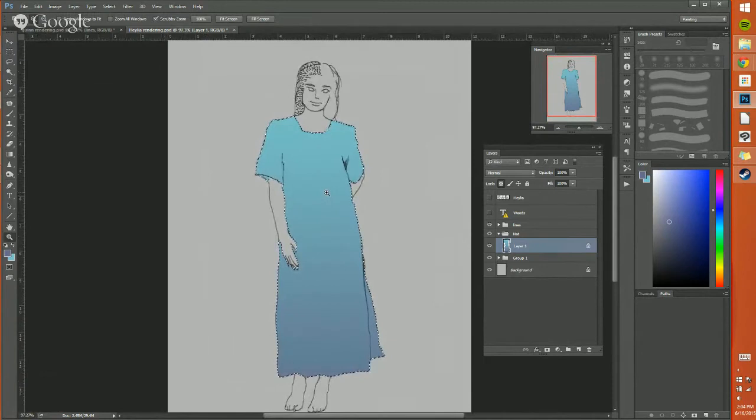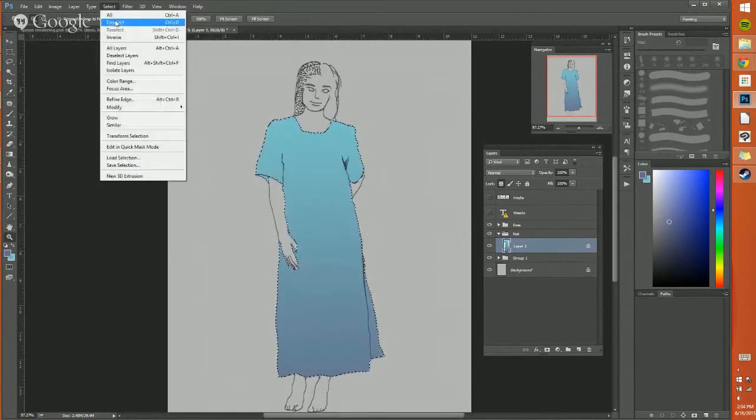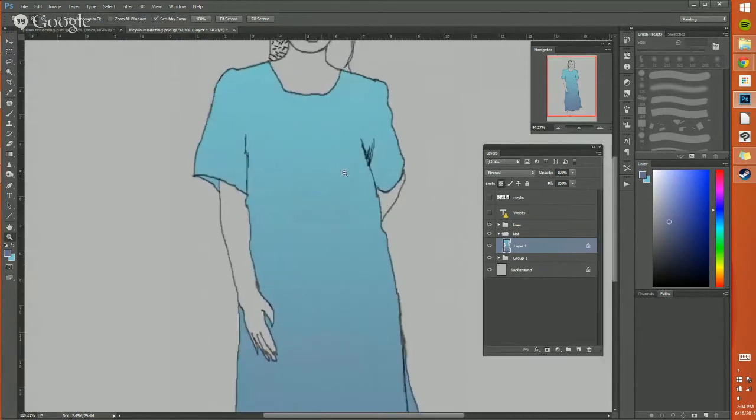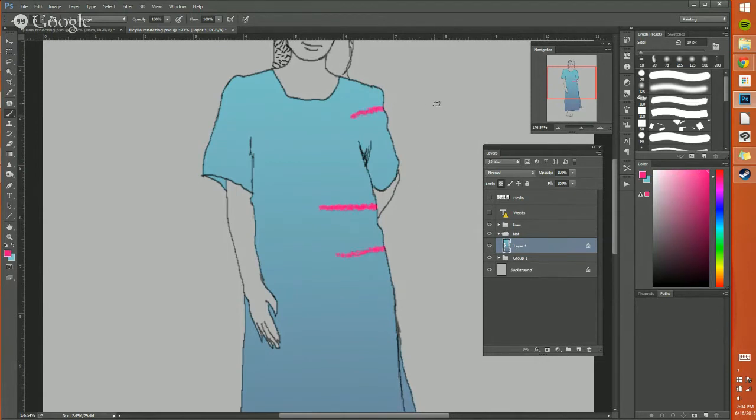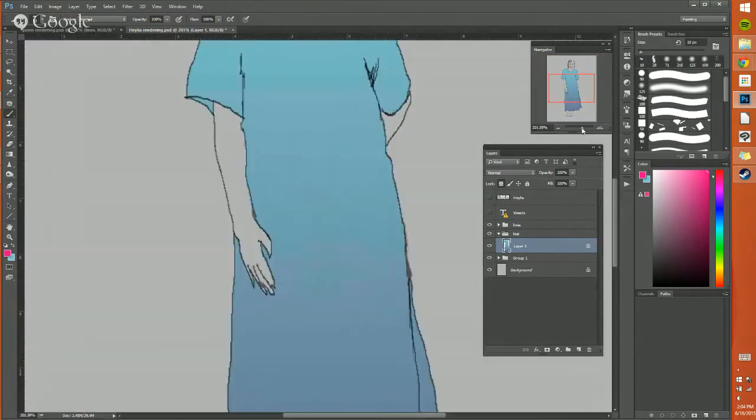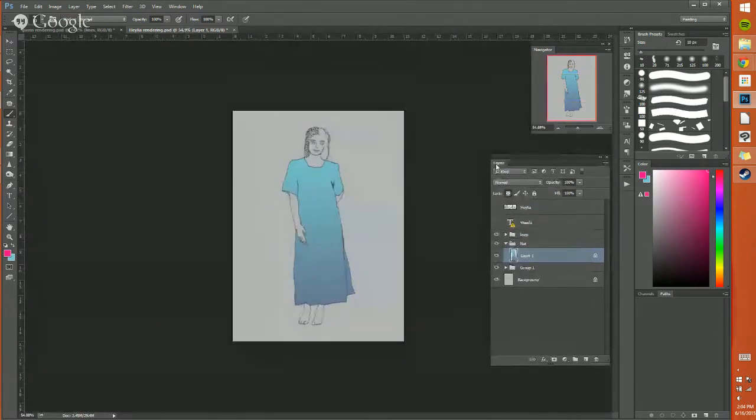All right. So at this point, you can deselect it because you've locked transparency. You can't color outside the lines. There's a little lock on the neck right next to it. So if I took like a red and I colored, it won't go outside. I lock the pixels. And so with just the color sort of placed in,